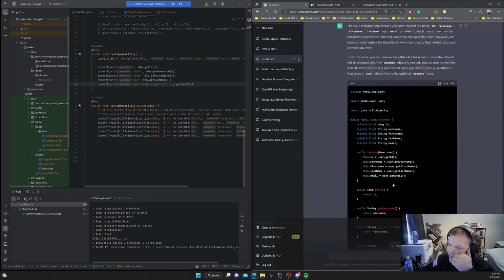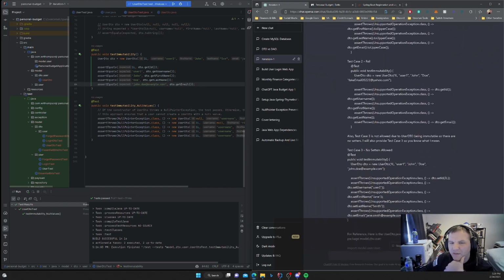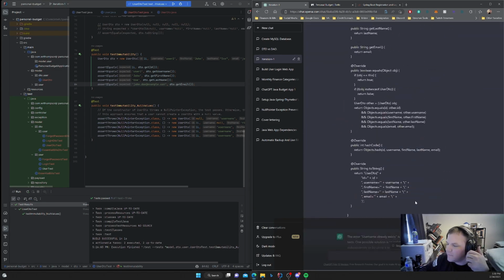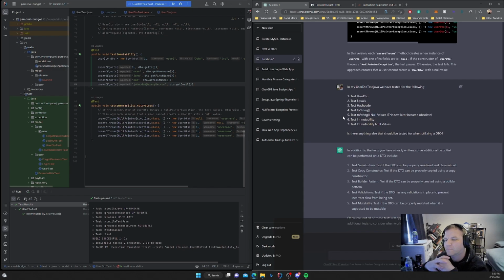Let's see what it says. So we provided the names of all the tests that we created. And ooh, what is this? Okay. Let's see here. So it provides us 5 more tests that we could possibly test for, but it says that not every DTO would need to utilize them.